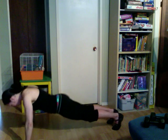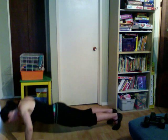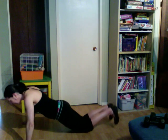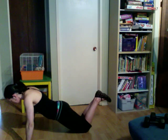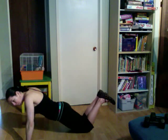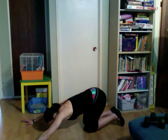Drop your chest to the floor, press it up. Chest to the floor, press it up. If you have to, and only for the first couple workouts, drop to your knees. You won't be pressing up nearly as much of your body weight. And have a little stretch when you're done before you move on to exercise 3, which is, I believe, a